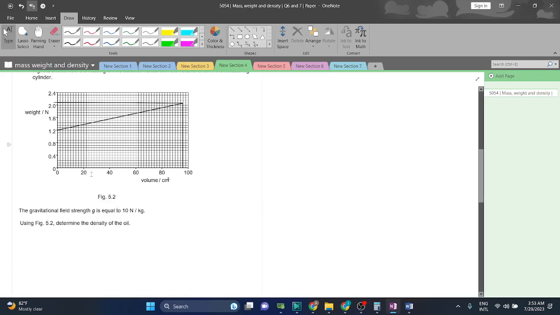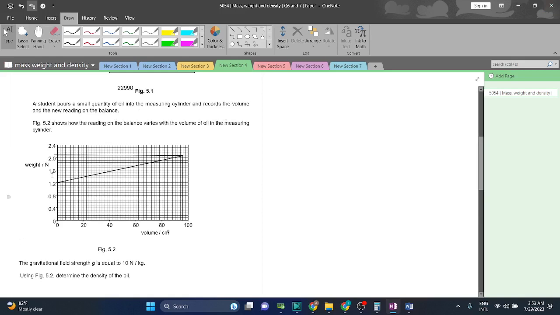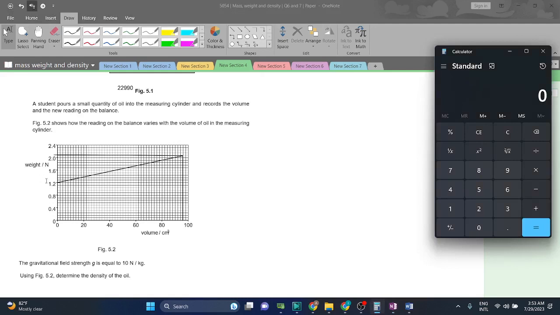अगर हम change in weight divided by change in volume करें तो will we get the density? And ultimately if we divide it by 10, because weight is equal to... अगर हम change in mass कर लें, for example, इन सारी values को 10 से divide करके फिर divide by volume करें, will we get the answer? Yes, we will. अच्छा, पहले हम देख लेते हैं, this point is